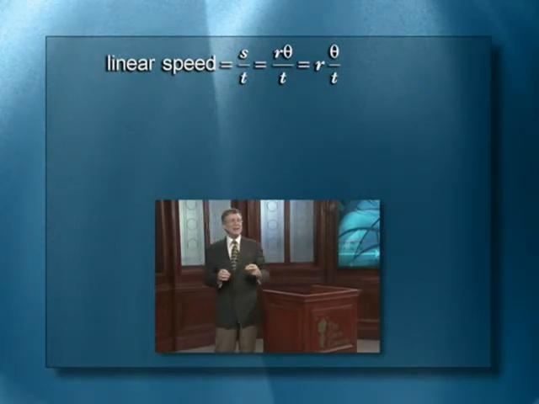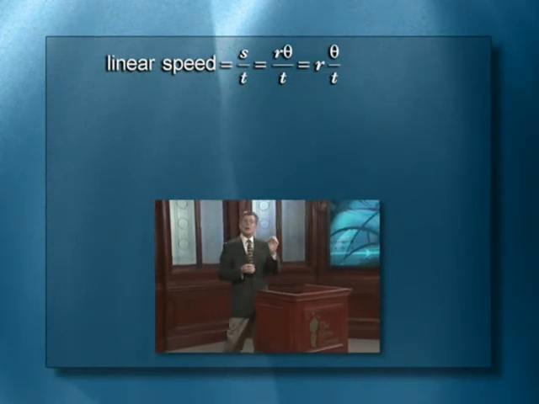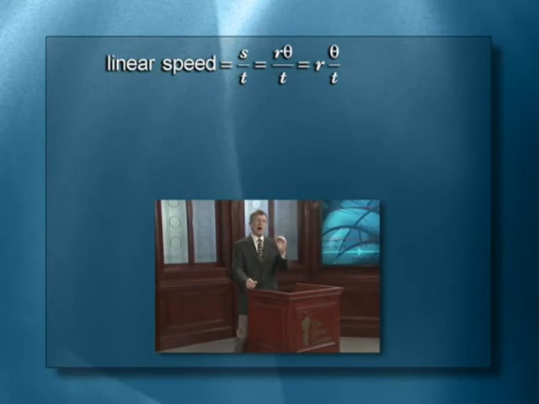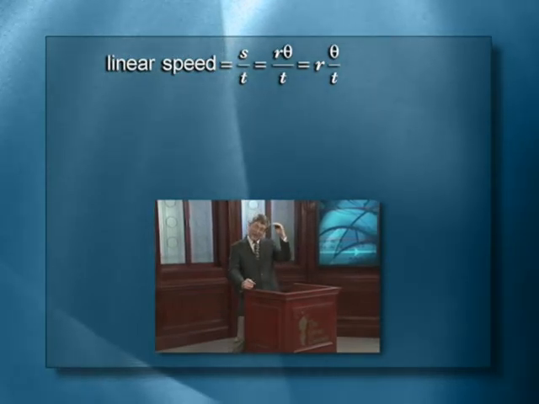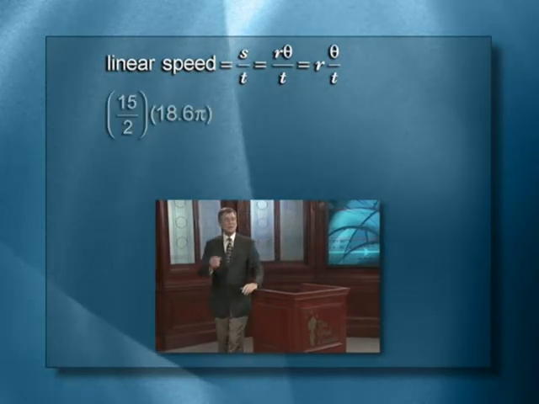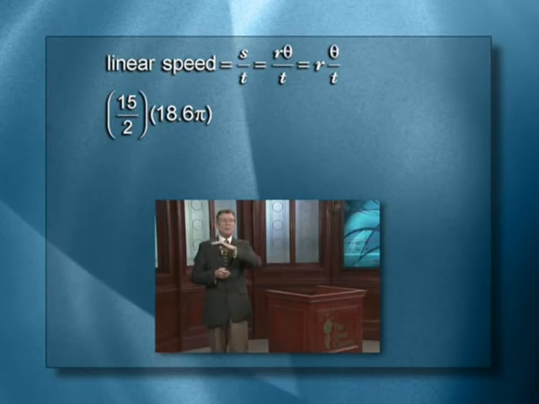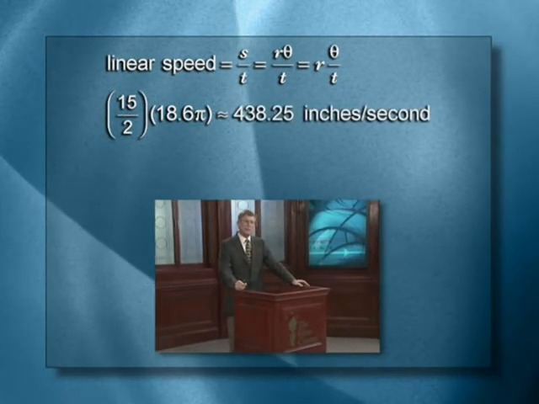And we just calculated theta over t. That was the angular speed. So it's r times the angular speed. Now here's that trick question. Remember, we need r, and r is 15 divided by 2. The diameter divided by 2. So 15 over 2 times 18.6 pi, multiply that out with your calculator, and you get approximately